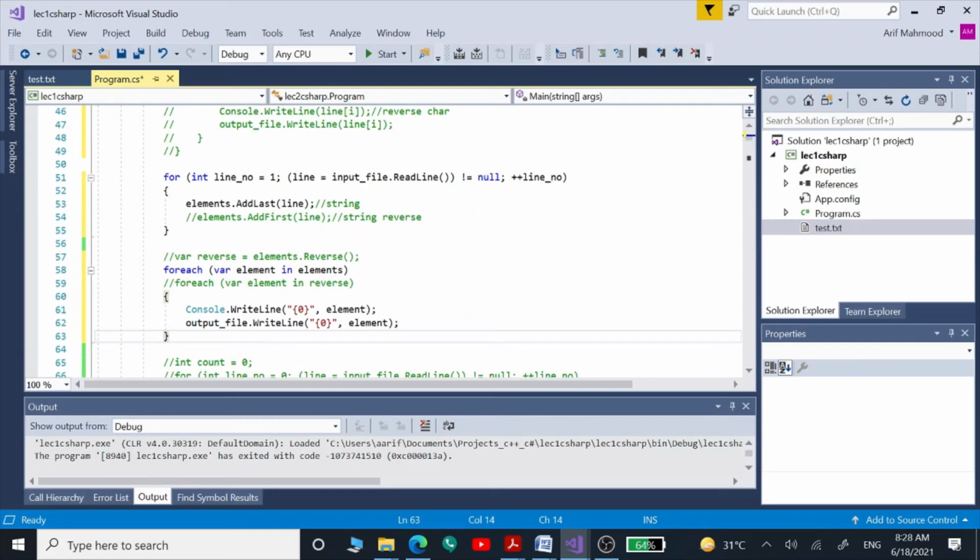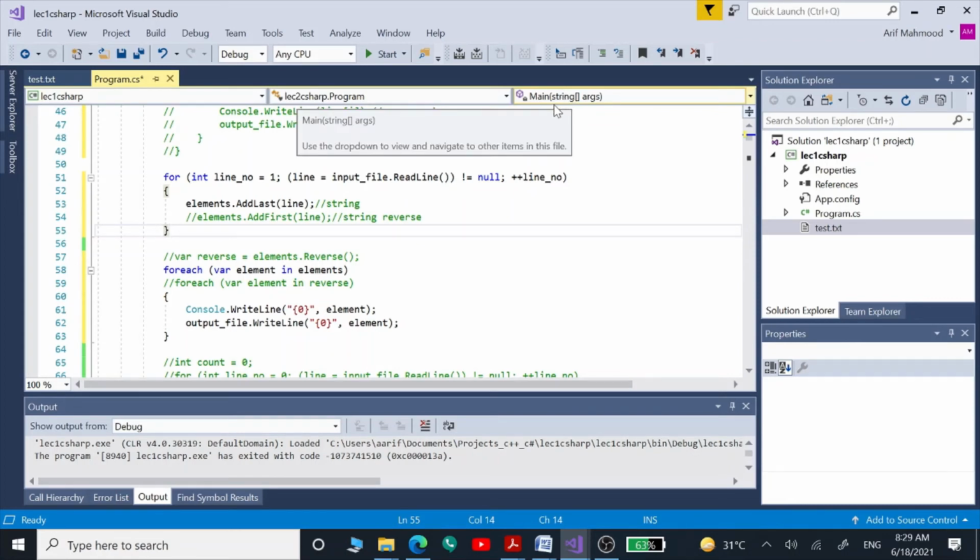So what we are doing here, we are using the same read line function, and then we are going to add those values at the last, and then we are going to see everything in the straight order.